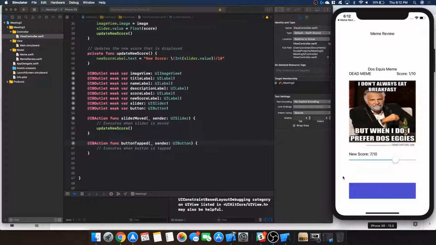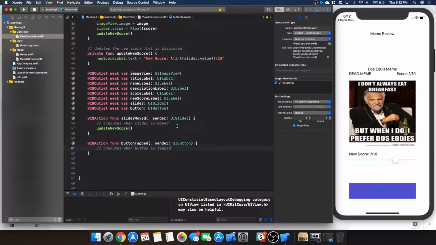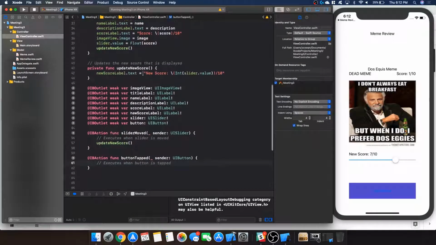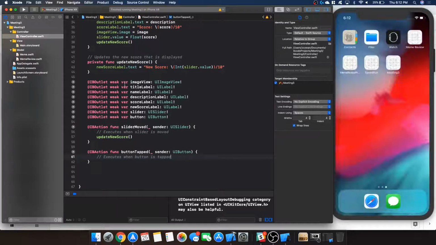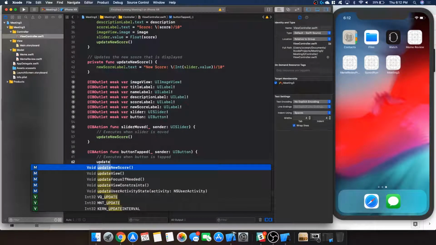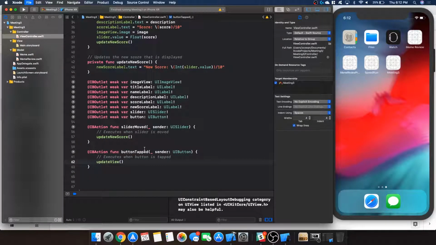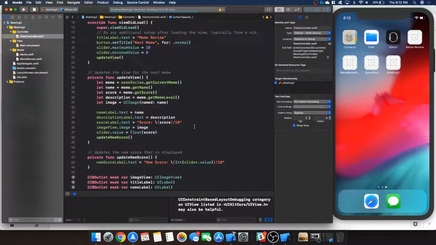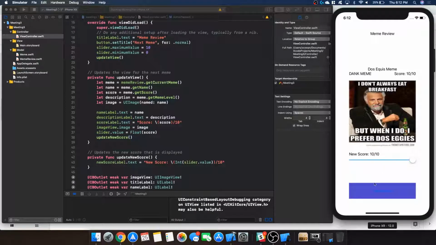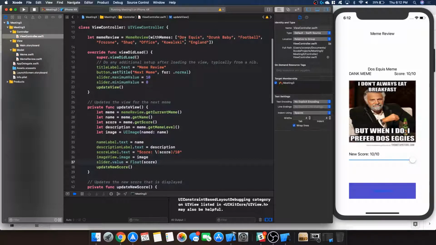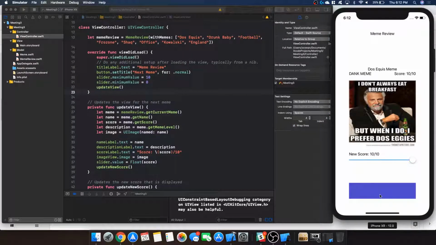Now, the button. We want to update our view whenever this button is pressed. So we'll go ahead and add that in here. When our button is pressed, we want to update the view. If we do this, nothing's going to happen. And that's because we're not ever changing this current meme. So whenever we click the button, we don't want to just update the view. We want to go to the next meme and then update the view. So to do this,